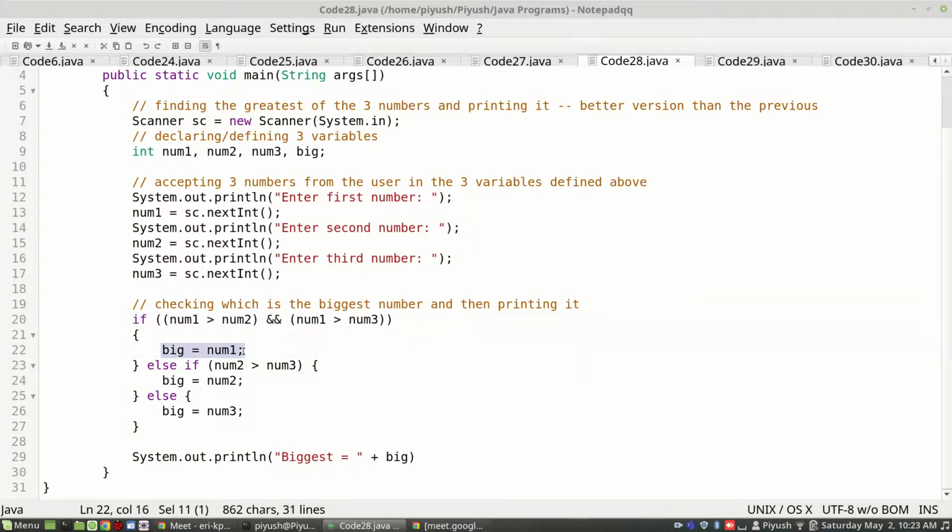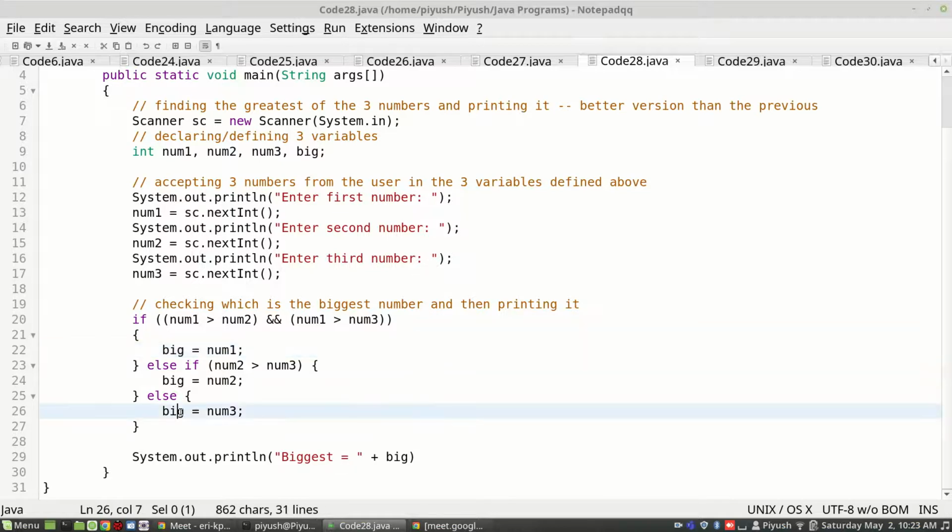It may appear that big is assigned three times, but no, big will get only one value, depending on whether this condition matches or this condition matches or none of the above conditions match, in which case it will go here. So big will get either num1, num2 or num3.